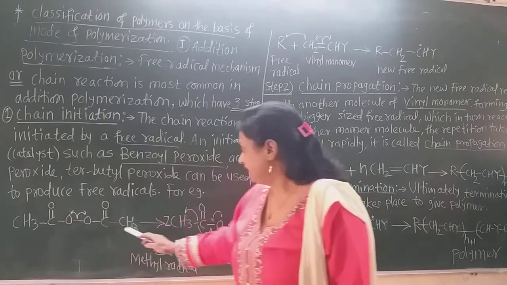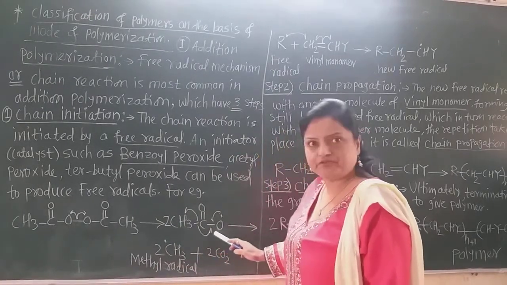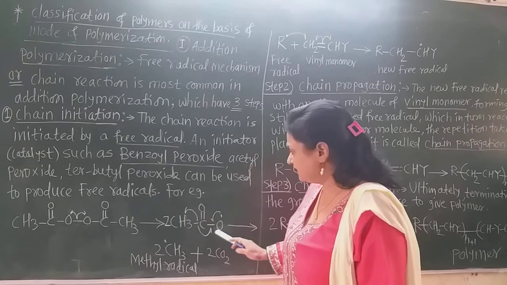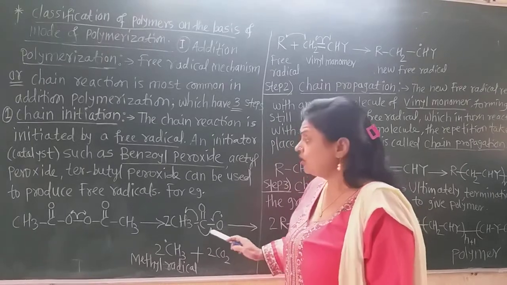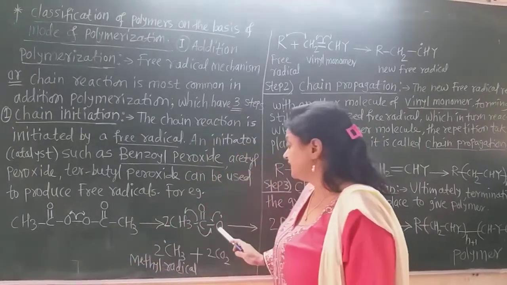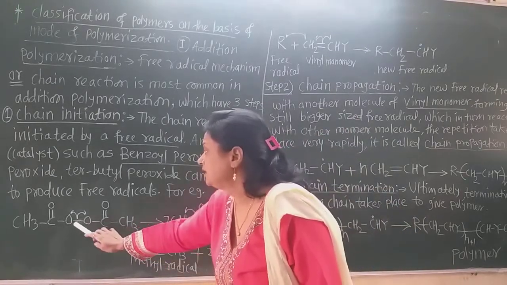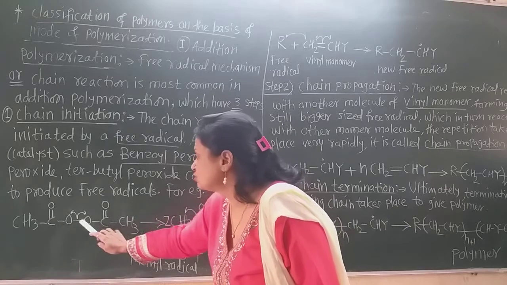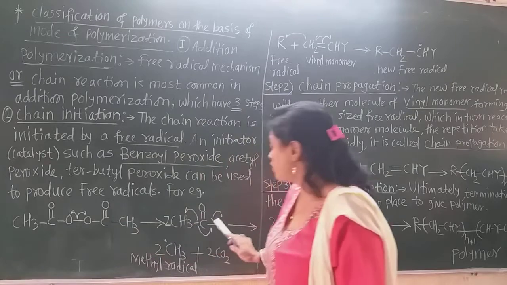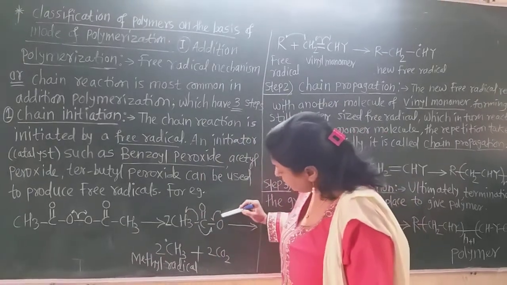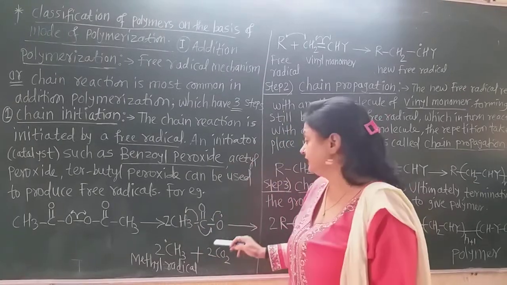That means it breaks in such a way that there is formation of two acetyl free radicals. Now, on the oxygen atom of these, there are the odd electrons. There are two, because here is the bond breaking, homolysis type, and this covalent bond breaks in such a way that there is one electron on each oxygen atom. So this odd electron is there, and there is formation of two free radicals, acetyl free radicals.